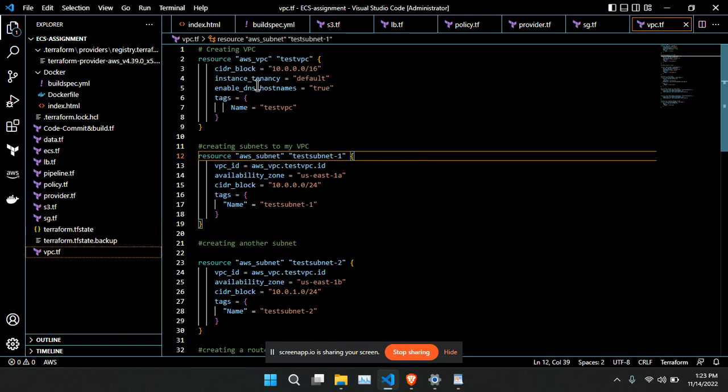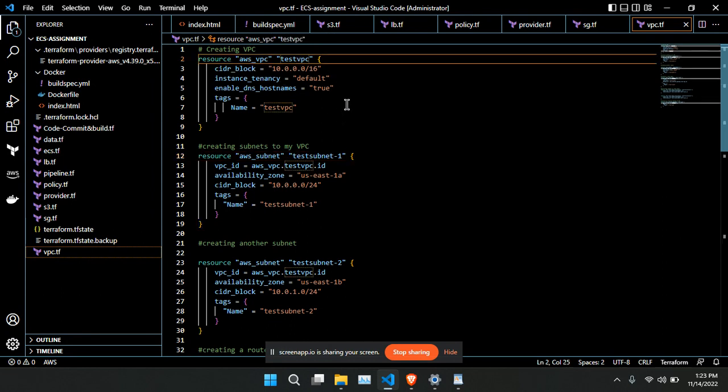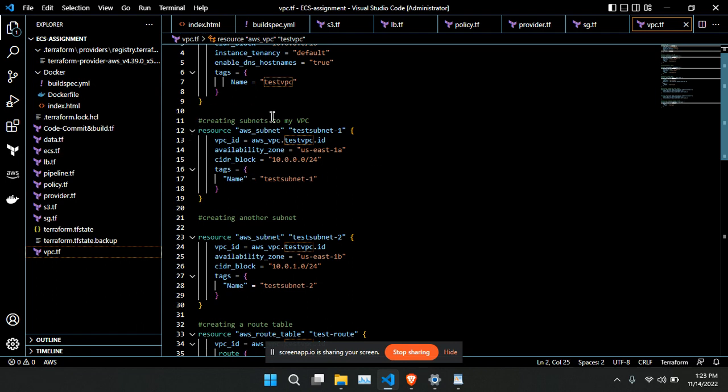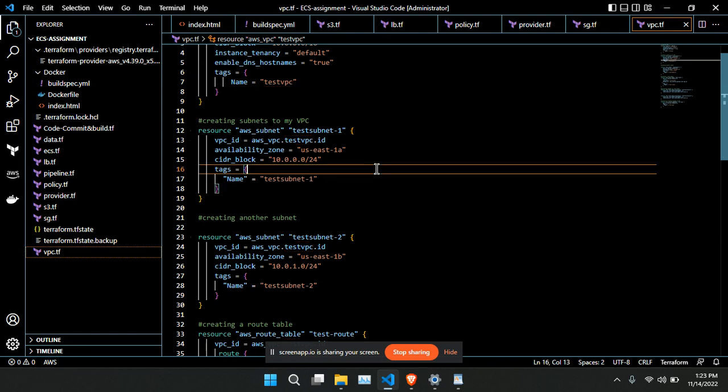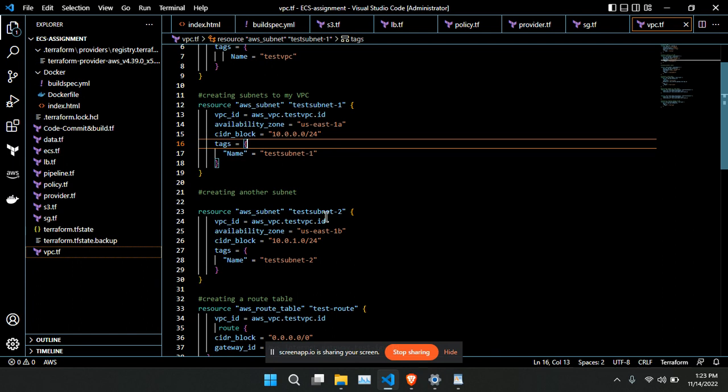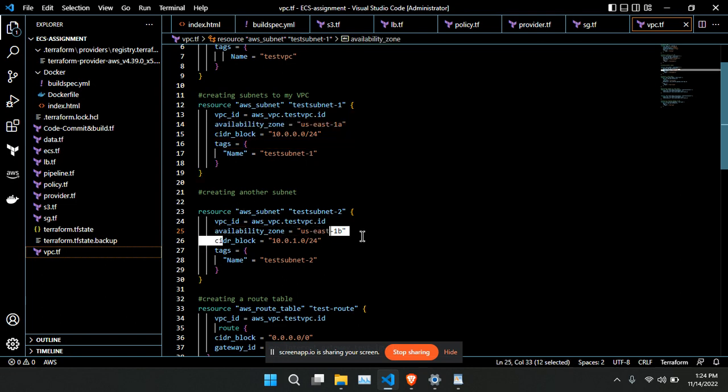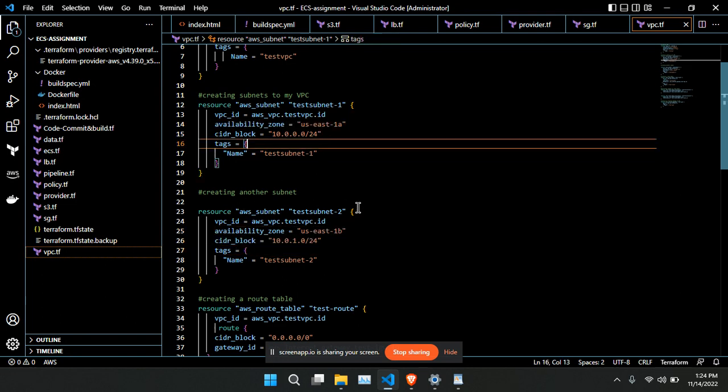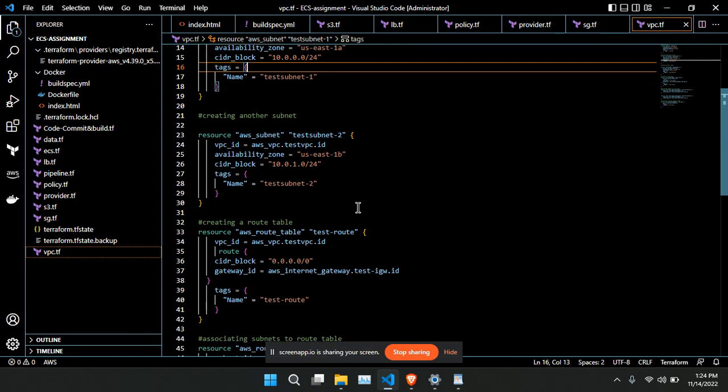So you can see this is the VPC I have created. I have given the name test VPC. This is the CIDR block of my VPC. I have created two subnets in my VPC. You can see test subnet one and test subnet two. These are the different availability zones of my subnets and the CIDR blocks of my subnets. You can see. So after that, I have created a